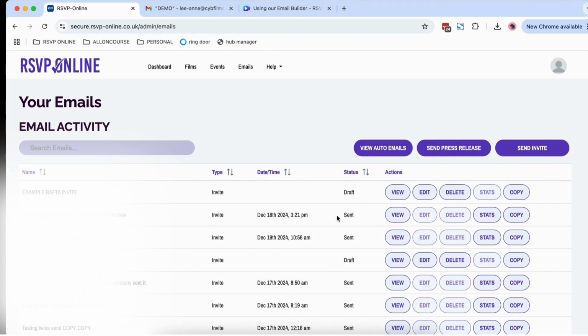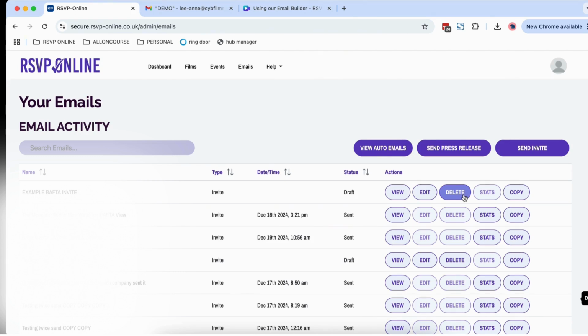So you can just have a look at what was sent or designed previously. You can then see the edit button, which I'm going to be clicking in a moment. This allows you to edit any draft campaigns that you have on the go. If you're unhappy with one of your drafts and you want to get rid of it, you can click the